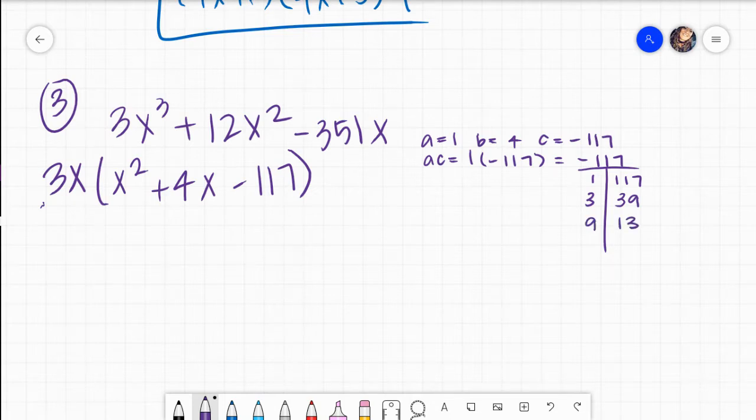And what's their difference, y'all? It's 4, right? So if I was to keep going, I notice I'd loop back around. But I see here that this pair of factors has a difference of 4. I need it to be a positive 4, which means,